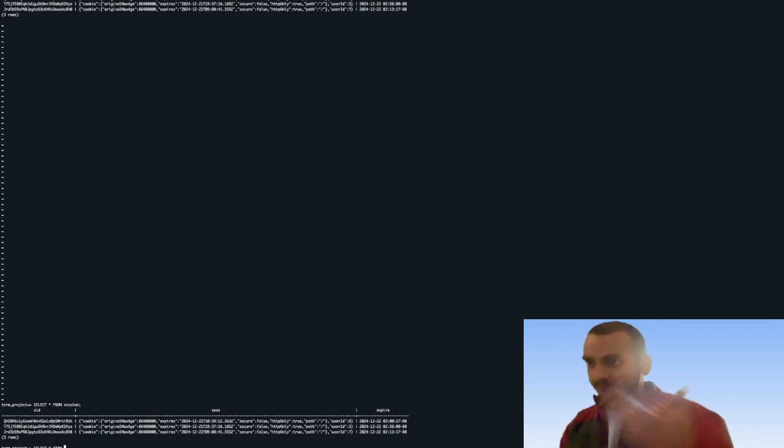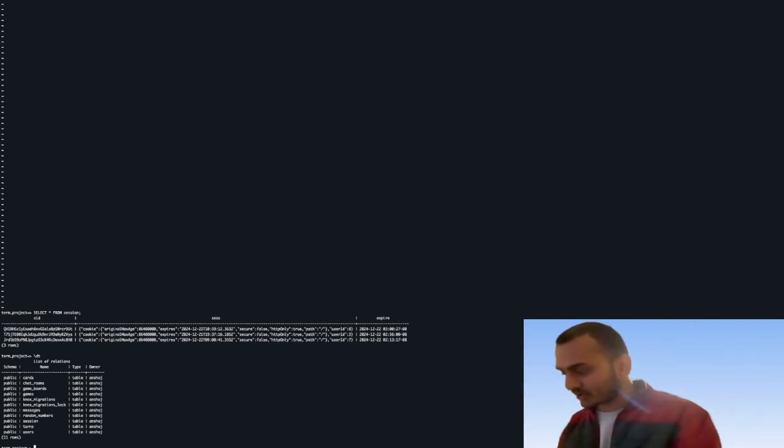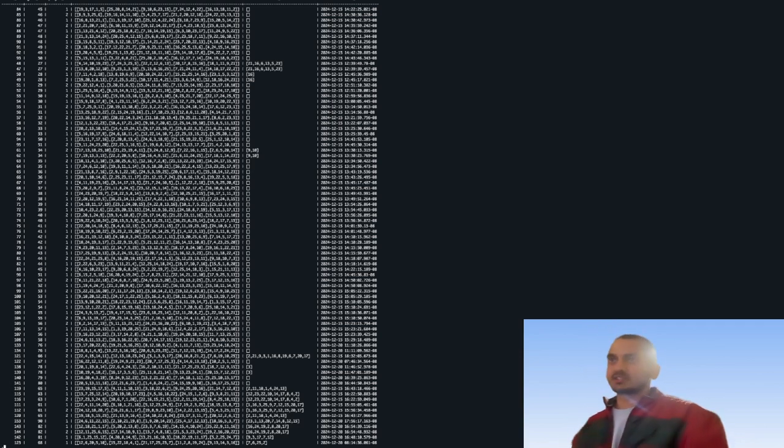Actually, let me show you all the database I have. So if you do /dt, that's all the tables for the games we have. And if you want to see the game board, score BOARDS. This is all the game boards we have. And as you can see,